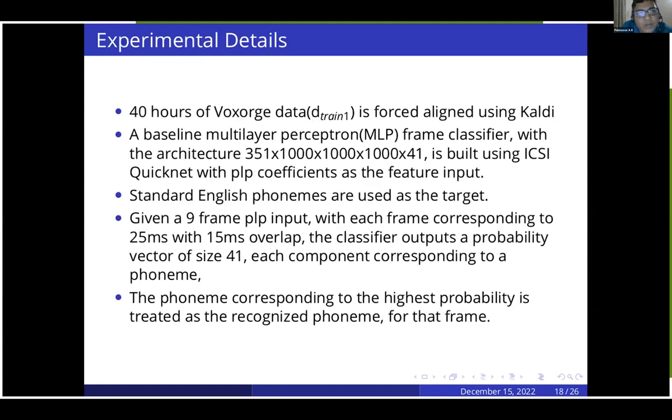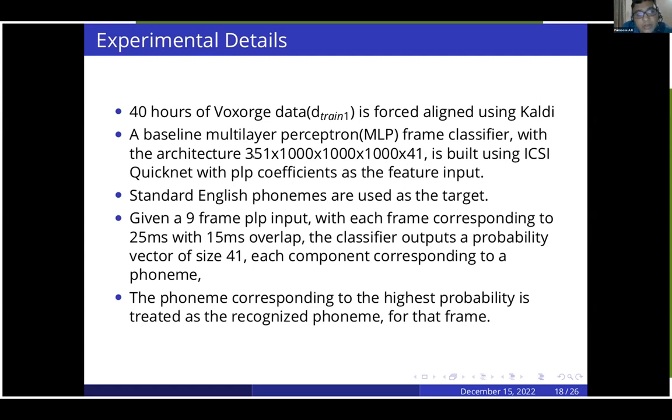So what we have done is that we have actually used the Oxford data, which is freely available. 40 hours of Oxford data is force-aligned using Kaldi, with a baseline multi-layer perceptron with architecture 351, 1000, 41, built as the QNet with the PLP coefficients feature. This 351 is coming from 9 frames, each frame corresponding to 39 features, the PLP feature,